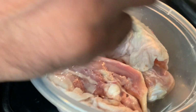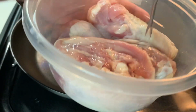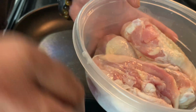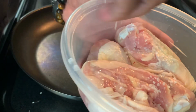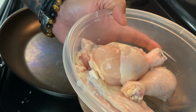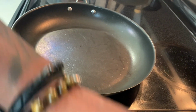So the first thing I'm doing is I'm going to make a little bit of holes in my chicken. I'm not taking the skin out. Then I'm going to add some sea salt, and that's all I'm going to add. I'm not even going to add pepper, though you can add some pepper. Now that I did that,